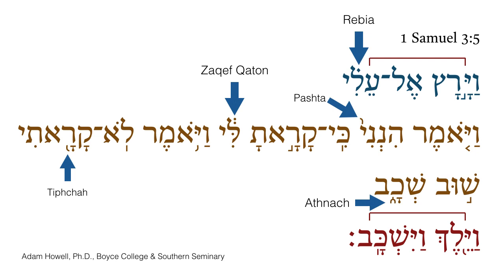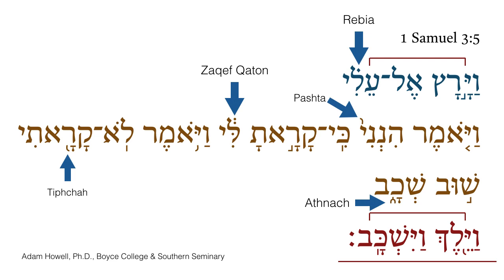Since the revia is not part of the Athnok segment, it's part of the zakef segment, the Athnok is actually marking off the end of the whole direct speech, indicating and highlighting the important section of the verse. Another way to look at it is that the Athnok marks the end of the direct speech so that the reader knows where the narrative picks back up. Now, certainly the Vav consecutives indicate this as well, but the Athnok makes it explicitly clear.